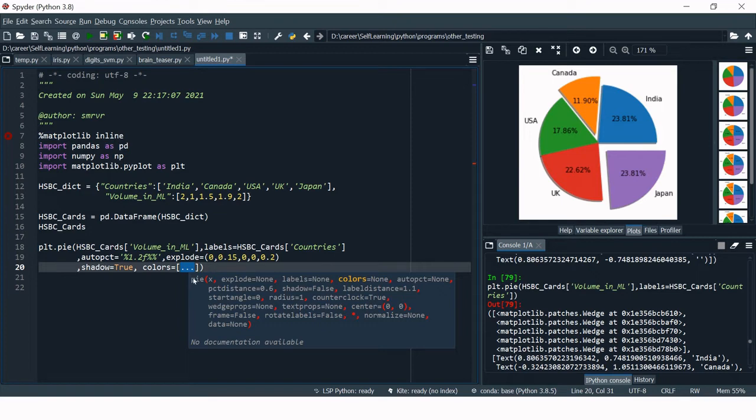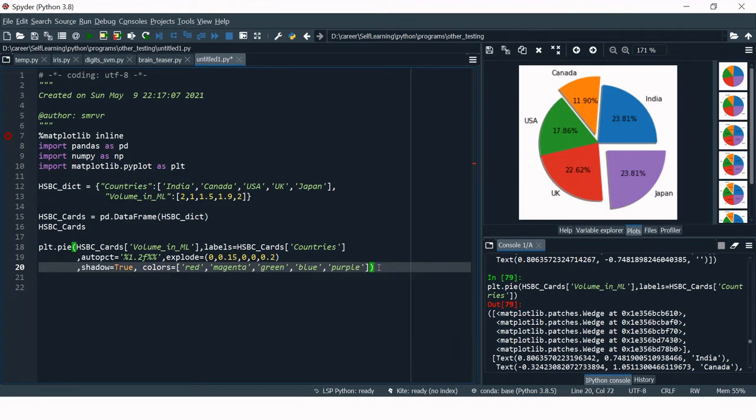First color is red, then I'll put magenta, then I'll put green, then I'll put blue, and then I'll put purple. Let's count if these are 5. These are 5. 1, 2, 3, 4, 5. All right, now let's run this.